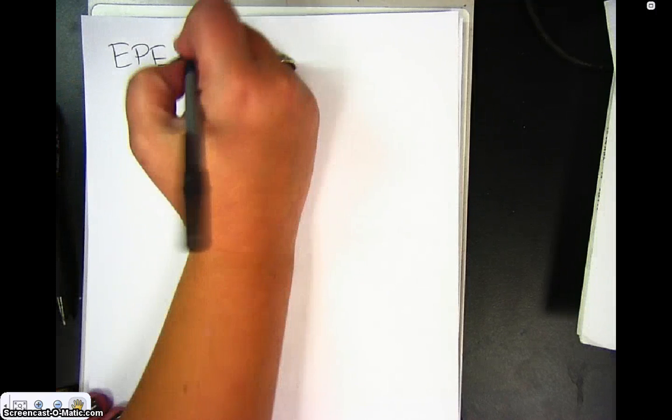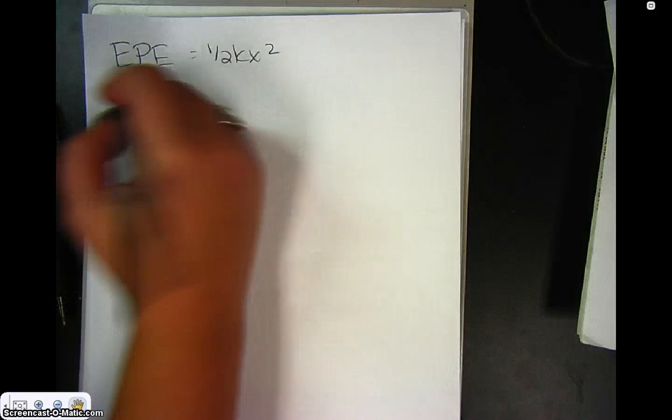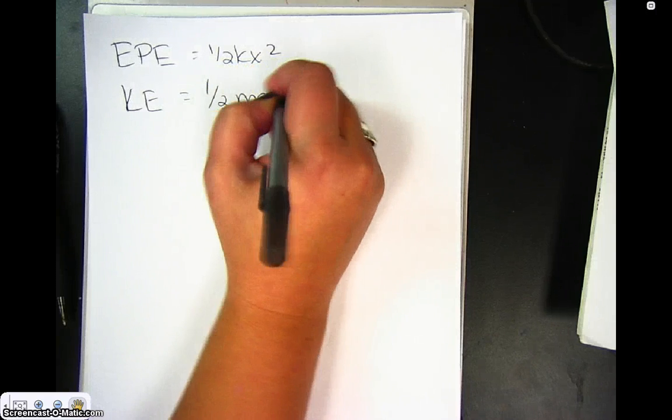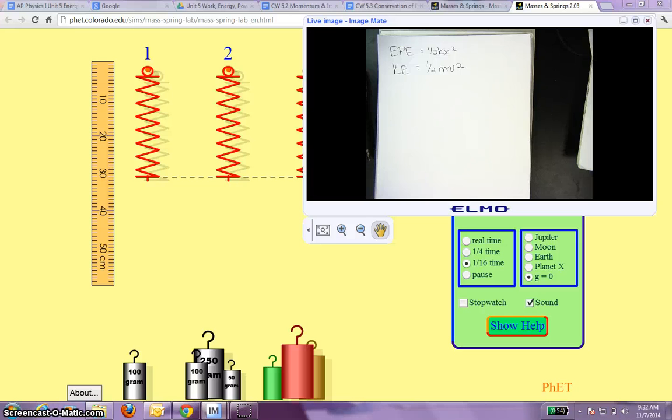Alright, so in this video we're going to look at the elastic potential energy that is stored in an object, which remember is 1/2 kx squared, and how that converts to kinetic energy, or 1/2 mv squared. Right? So again, just the law of conservation of energy. So let's go ahead and look at this